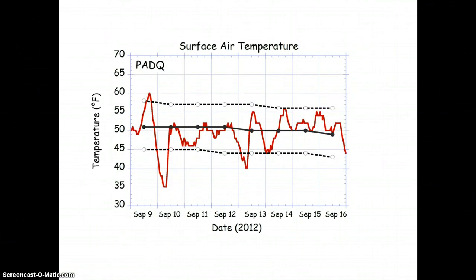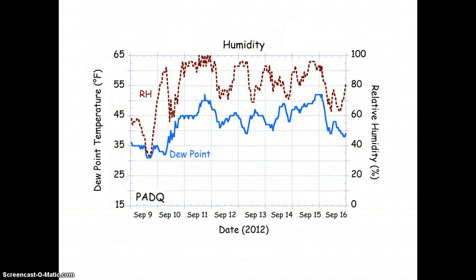And then again here for the week of September 9th through the 16th, we did notice that there were larger variations in this temperature plot than the October plot, where the temperature variations through the different times were greater and not as close and consistent as the other plot. You can see the same sort of pattern and trend here in the humidity plot, where there are larger variations between the relative humidity and the dew point temperature.